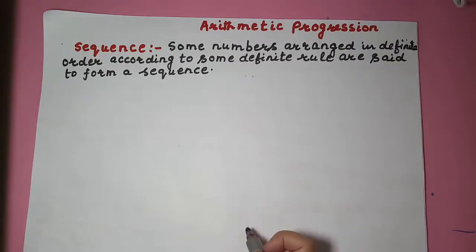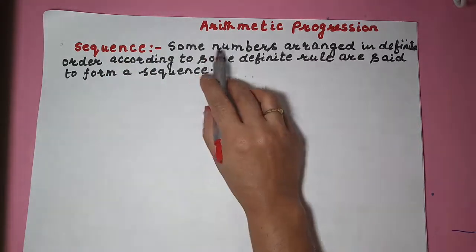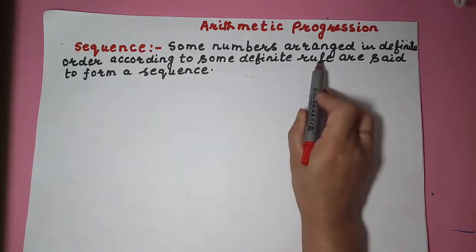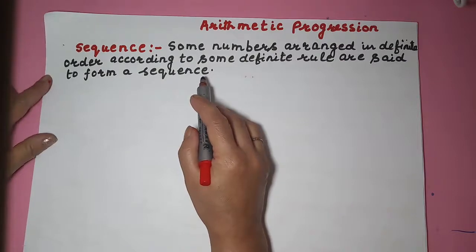In this video, we are going to learn about arithmetic progression, and then we will solve some sums based on this topic. Now, before we know what is arithmetic progression, we need to know what is a sequence. Some numbers arranged in definite order according to some definite rule are said to form a sequence. So let's consider the rule